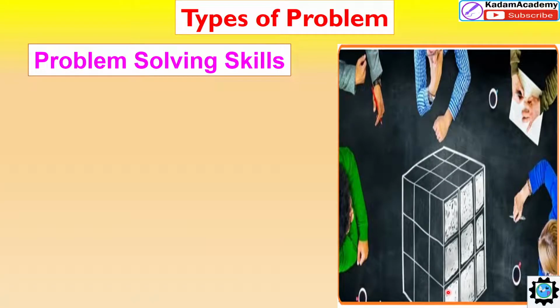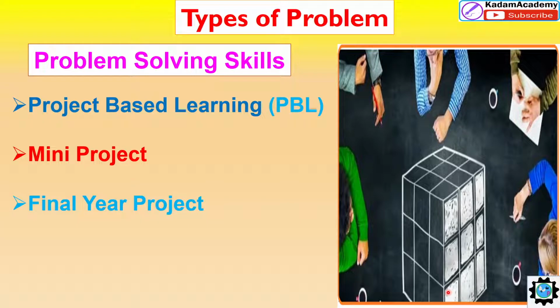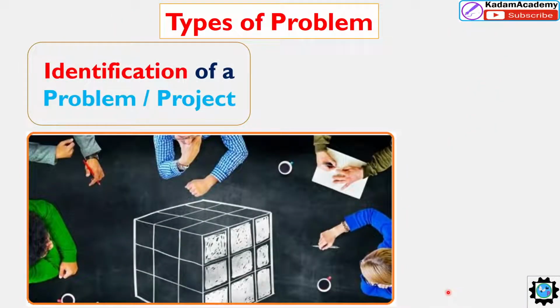Friends, we'll start with problem solving skills. When is problem solving skill required? When you are dealing with project based learning, PBL, that may be in first year, second year, mini projects during your subject under the course, third year level, or the final year main project, that may be a capstone project. During this period you will learn project based learning in this model. Here, while we are sitting together, working on any problem,